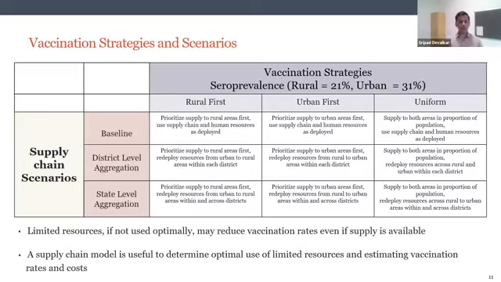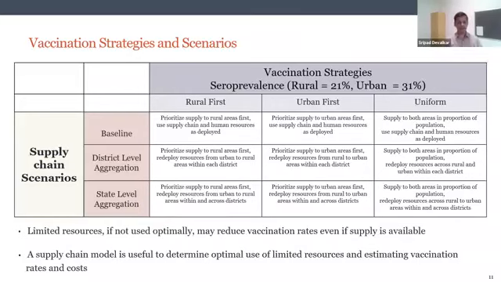If you don't allow these resources to be moved across different districts or even within districts, then you have a certain capacity available to deliver the vaccines. That capacity, together with the available supply, will then determine at what rate rural populations are vaccinated, and whether all of the supply can be used